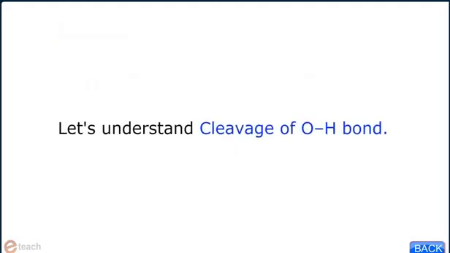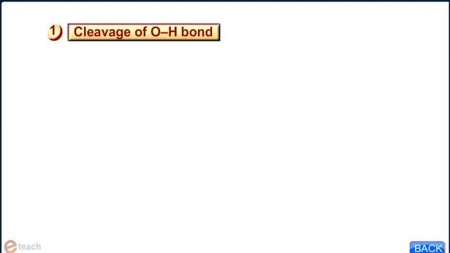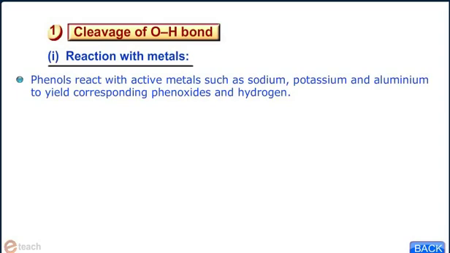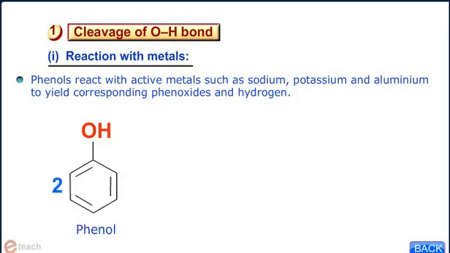Let us understand cleavage of OH bond. The first one is reaction with metals. Phenol reacts with active metals such as sodium, potassium, and aluminium to yield corresponding phenoxide and hydrogen. Consider the reaction